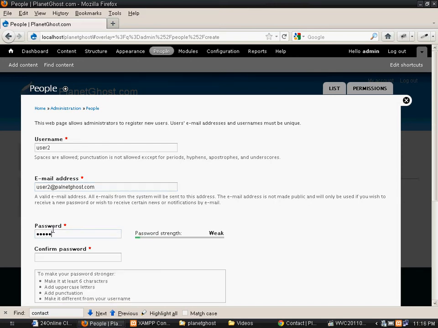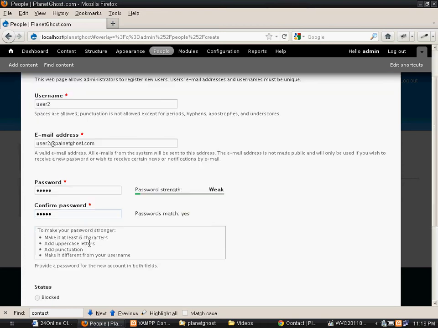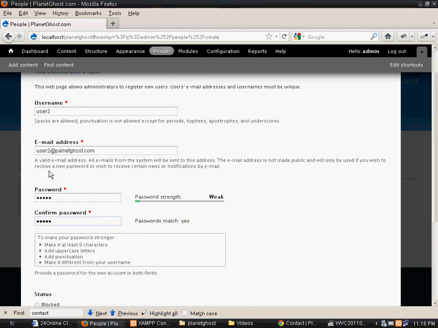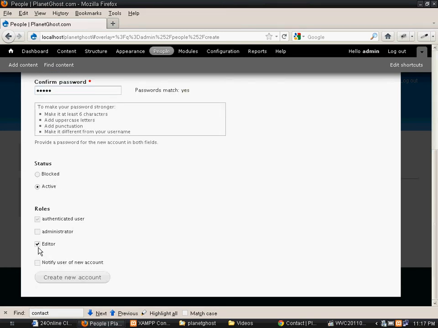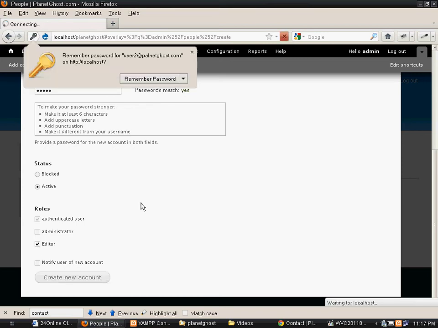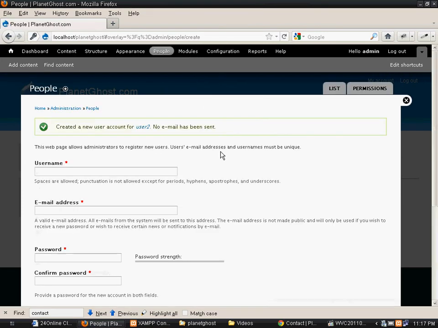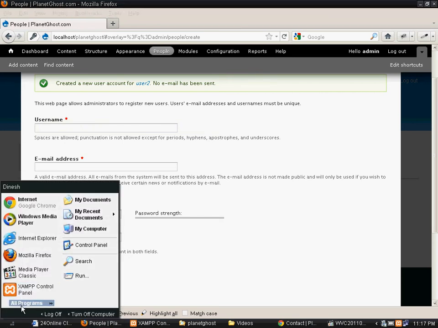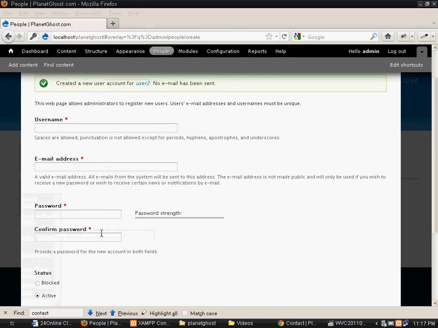We'll give the password as user2. Now we are making this user an editor. So I'll click on the editor checkbox here and create him. Now I will open a new browser and I'll log in as editor.